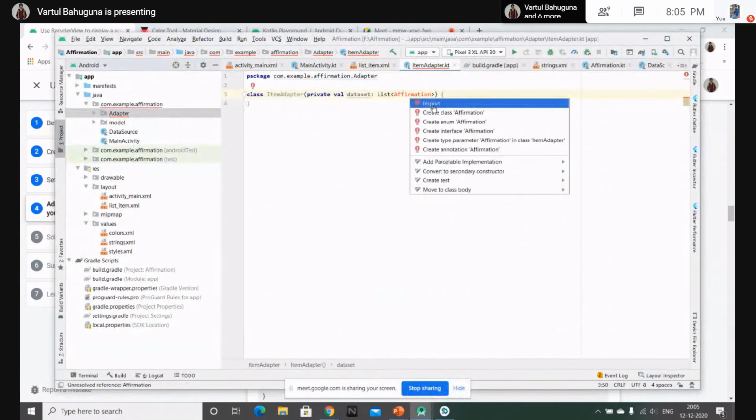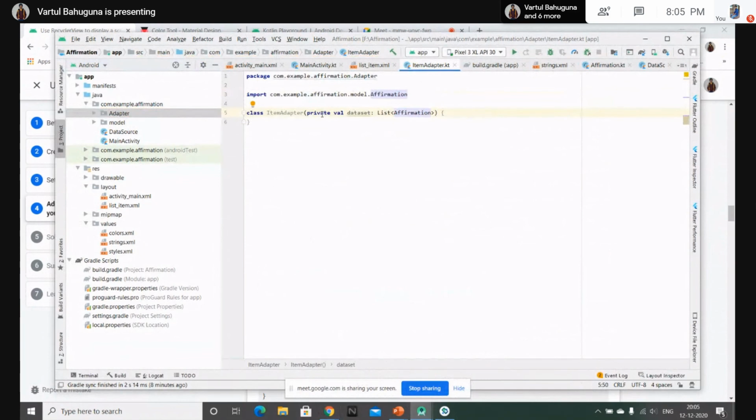So here is another keyword that's private, and yeah, the private keyword means that you cannot use this data set property in any other class that you inherit in future. Like this item adapter class, yes, we can inherit it by just writing the open keyword. But if you don't want the subclass that inherits the item adapter to use these dataset properties, you can add that private keyword over here. So now that's our item adapter class.